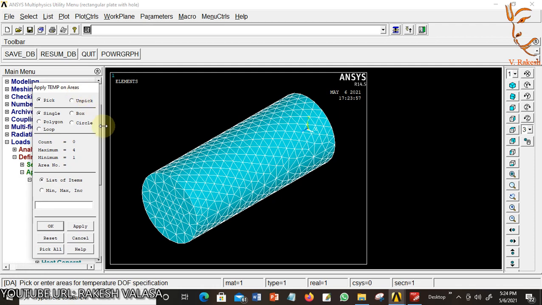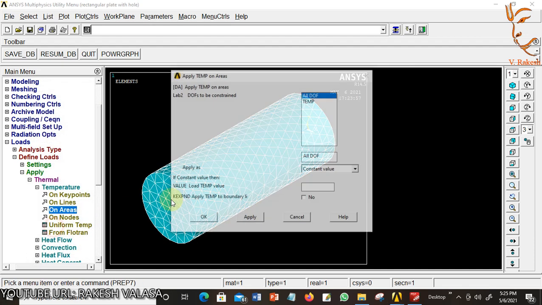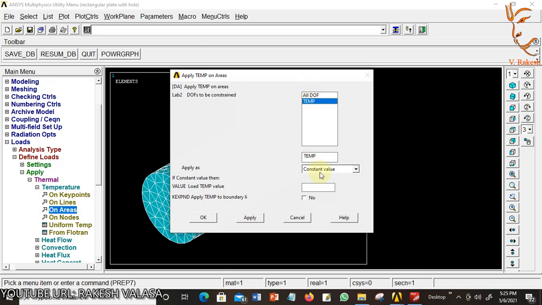We already know the root temperature, so this first end of the cylinder, the root surface, has 140 degrees centigrade, so that's why I'm choosing this first surface, that means left side of the cylinder. Now click on OK. Choose temperature. The root temperature is 140 degrees centigrade. Enter 140. Click on OK.